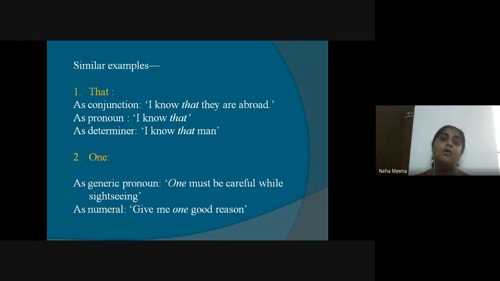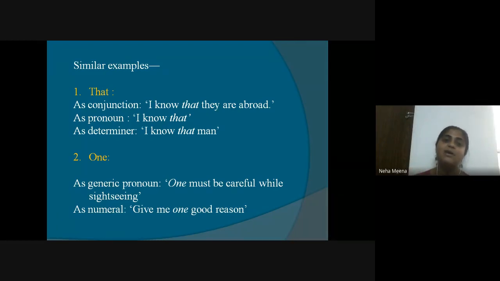How? Because when we talk about generally, generally is the societal code. The societal community is accepting it as it is, throughout the world. Usually means that in usage it happens like that only. So when we talk about the generic pronoun, one as a generic pronoun is used for generalization for people all over.